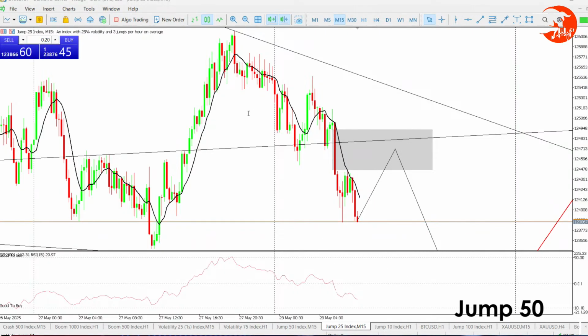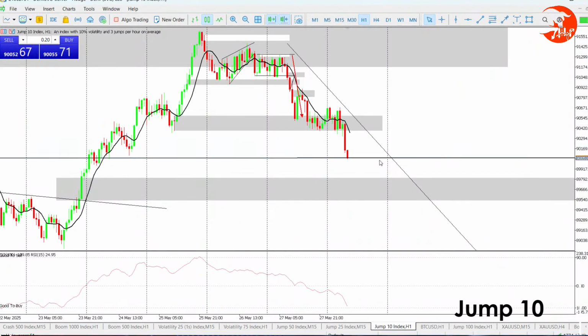So we are now headed to Jump 10. Sorry, I forgot to change. So let's go to Jump 10. It immediately broke out yesterday because we knew that it was going to continue selling, but it broke out, gave us a retest, the retest that I failed to get right on time to actually push for another sale. So I didn't enter this, so I missed this good entry. Then it came to this order block, consolidated on it for some good time.